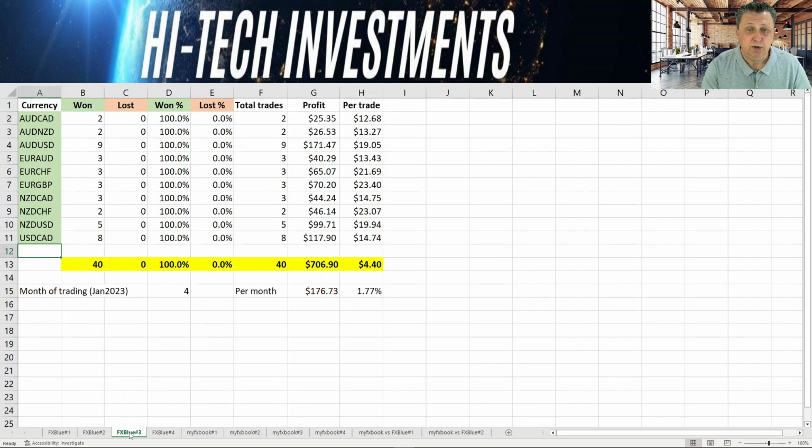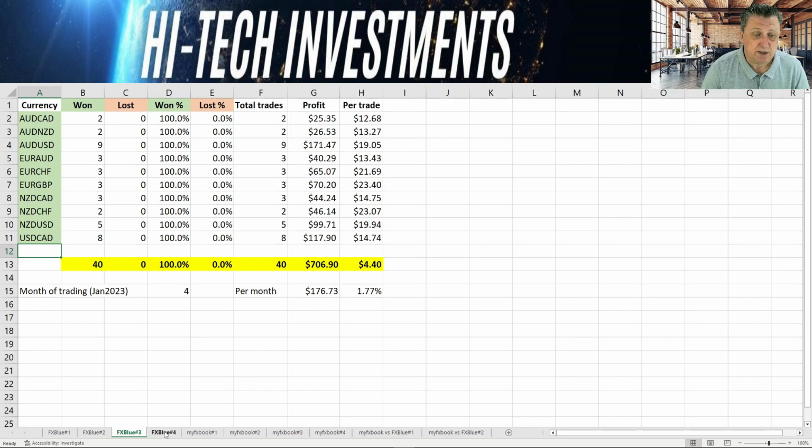And when we go to Excel number 3, you can then see that if we only traded these particular 10 ones, we will have 40 winning trades. We will have 0 lost, 100%, which is obviously very nice, and then no losses at all. Total trades again, 40 here. We can also calculate the profits. Profits is just over $700, and per trade we would have made $4.40. Again, we divided over the 4 months of trading that we have shown we have done,